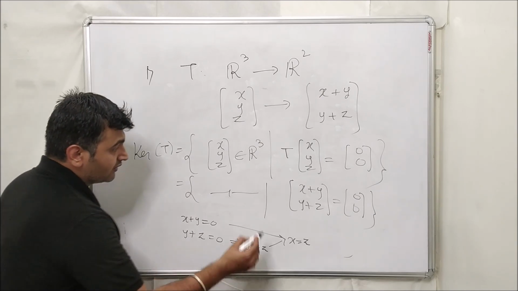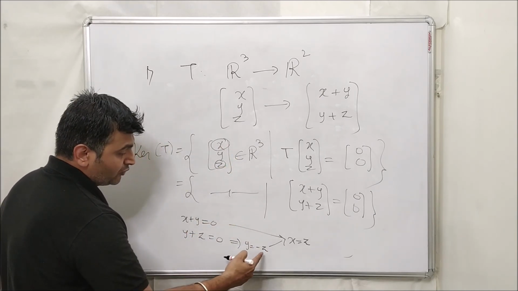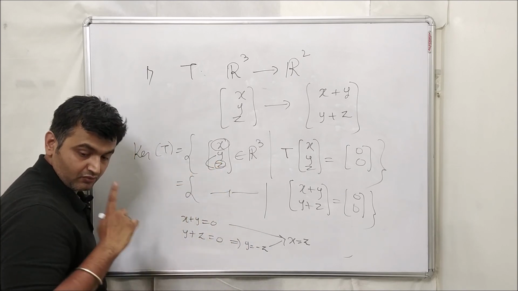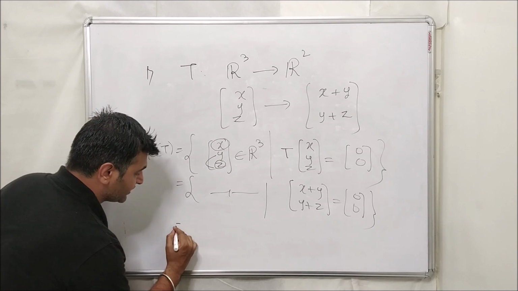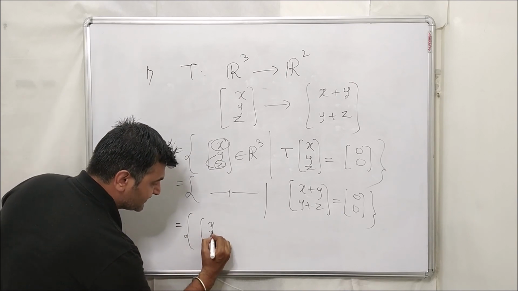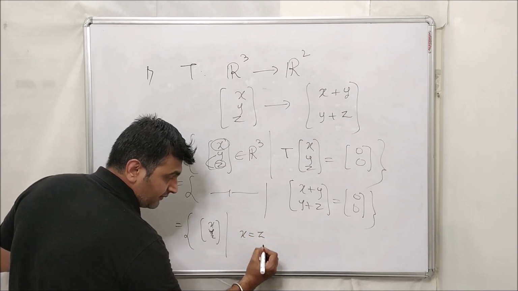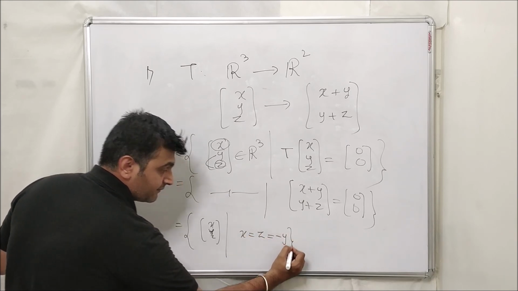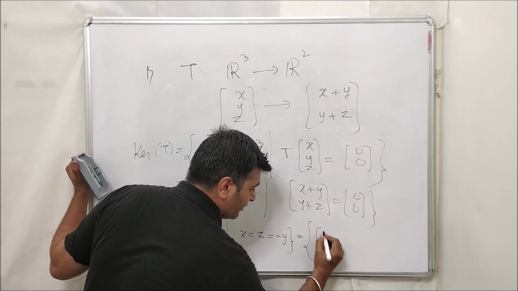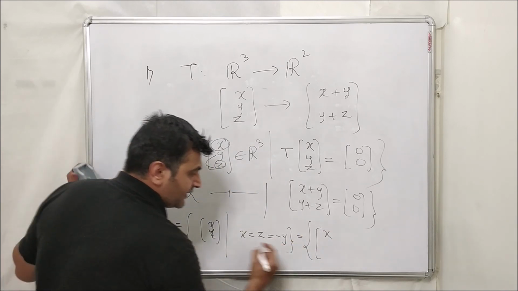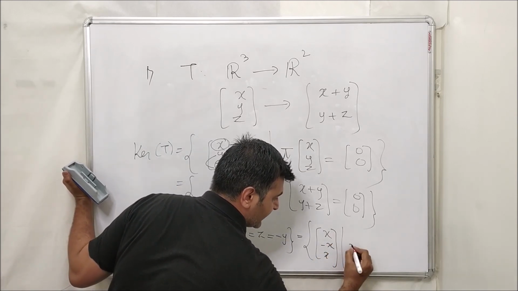So whenever you take the first and third components to be equal and the second to be the minus of the third. Okay, so let me read this out. We got the condition: it is all (x, y, z) such that x is equal to z is equal to minus y. Right? So you can combine all this in one shot. You keep x as it is, your y is minus x and your z is x, where x is a real number.